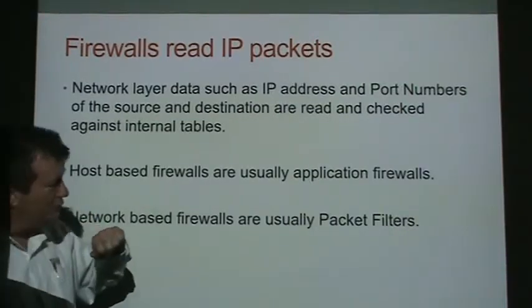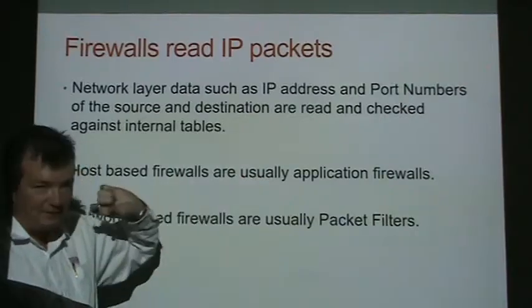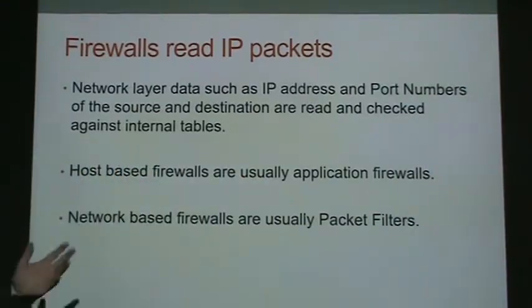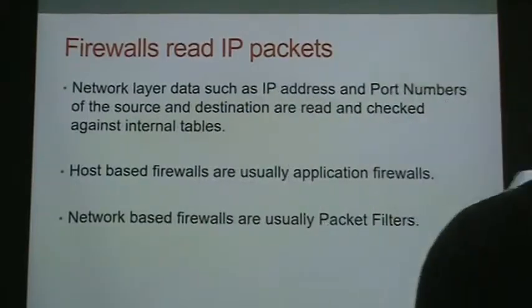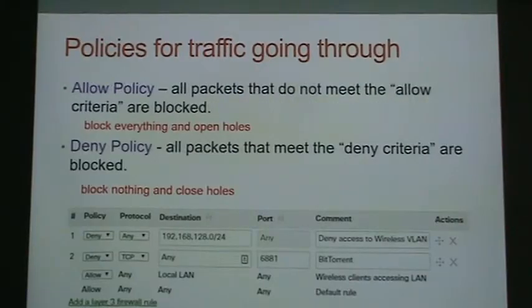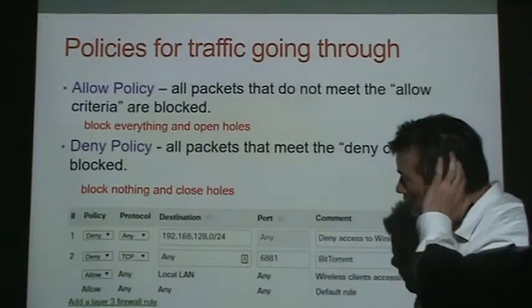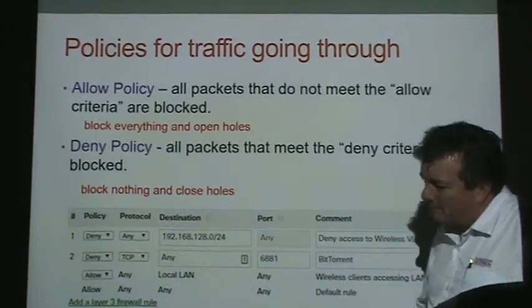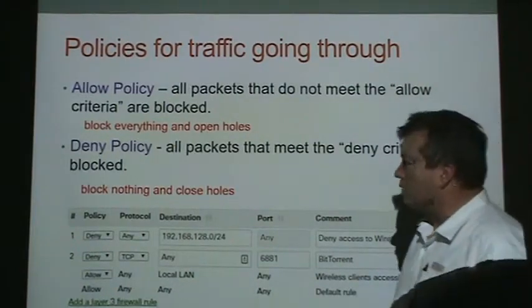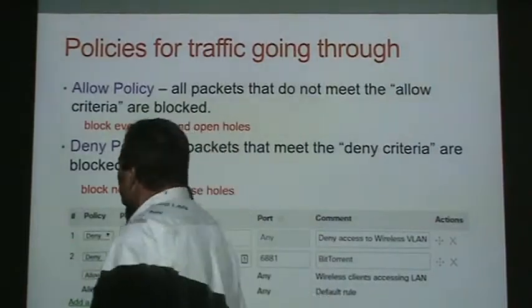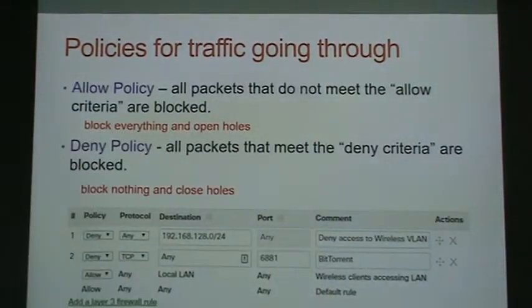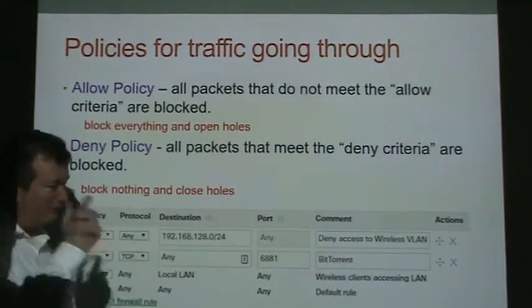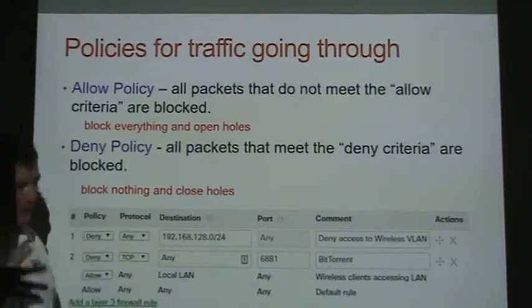Host-based firewalls are usually checking information at the application layer of the OSI or TCP model. And network-based ones are usually packet filters, so they're reading the packets, usually at the network layer. Now most of the firewalls are software-based ones. If you download, you can get a free firewall, and then there are ones you pay for, usually about $50,